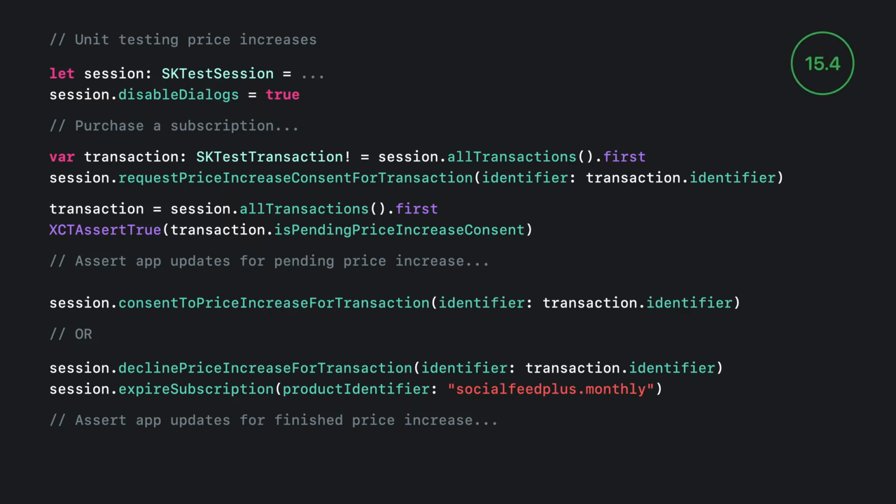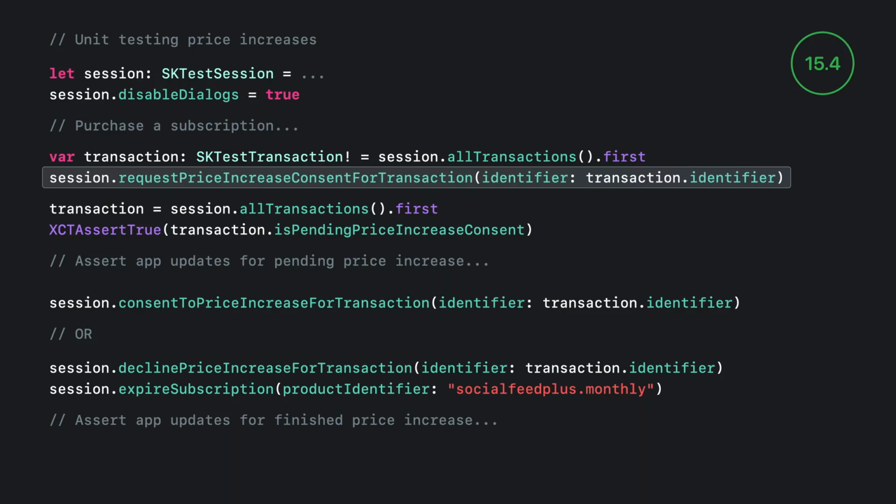We can also write unit tests around testing price increase. To start, disabling dialogues will allow us to test without actually showing the price increase UI above our app. After purchasing the subscription, we can use the request price increase consent for transaction API to start the process, passing in the ID of the latest transaction for the subscription.